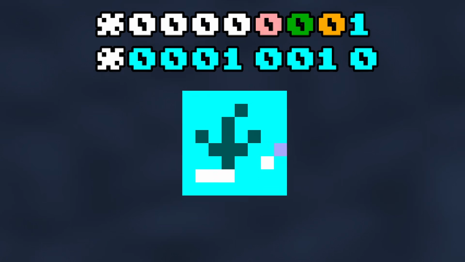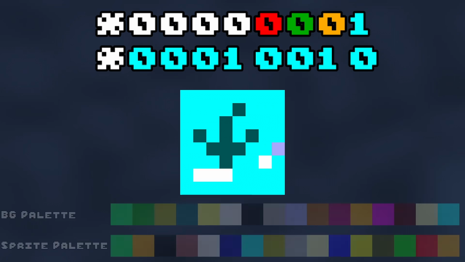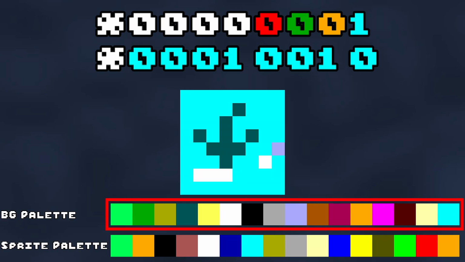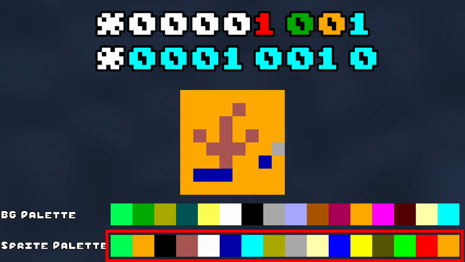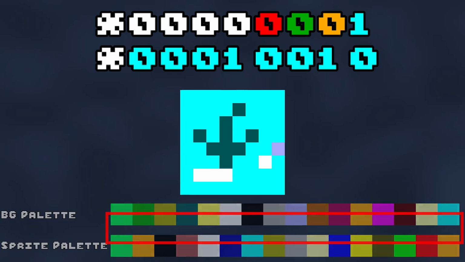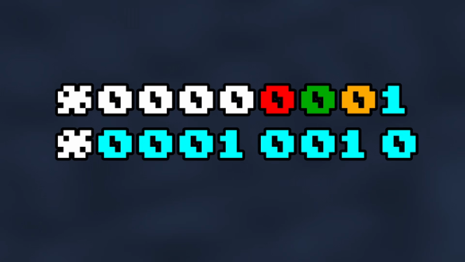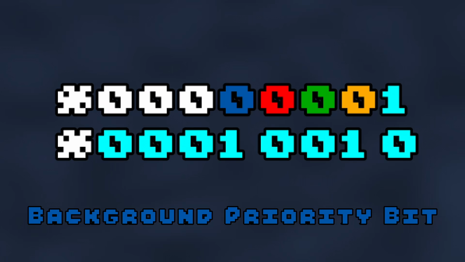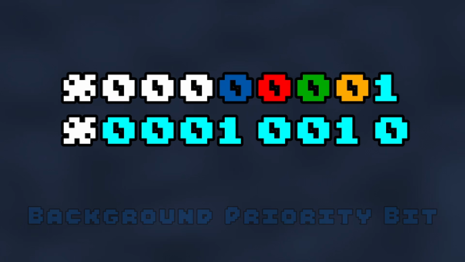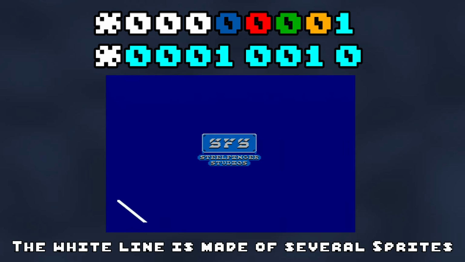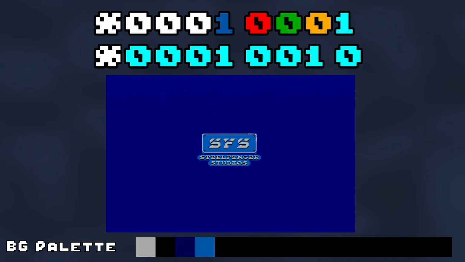In addition, bit 11 allows the programmer to select the background palette or sprite palette for any given tiles, again allowing for potentially much more colorful graphics. But my favorite graphics trick of the SMS's tile map belongs to bit 12, the background priority bit. When this bit is set to 0, it acts as you would expect any game to, where sprites are drawn over the background. But when this bit gets set to 1, sprites will only be displayed on top of the